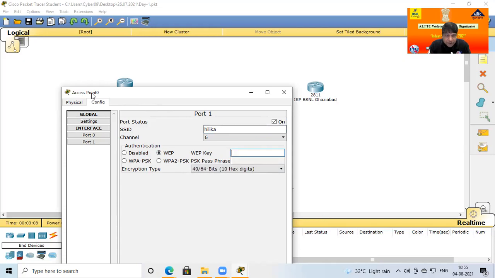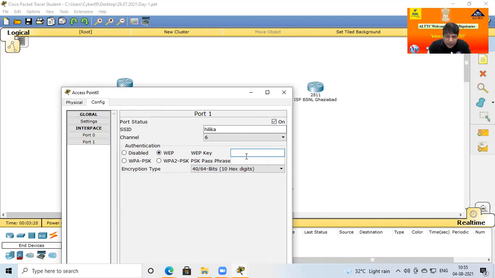Basically, this simulator is designed by the Cisco company, and for password protection the software follows the hexadecimal concept.